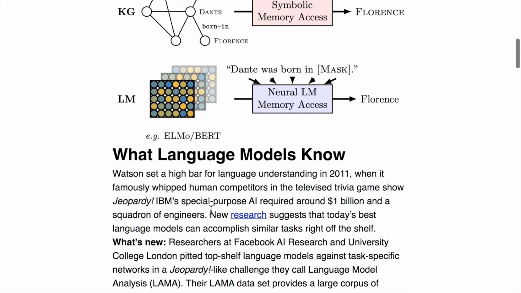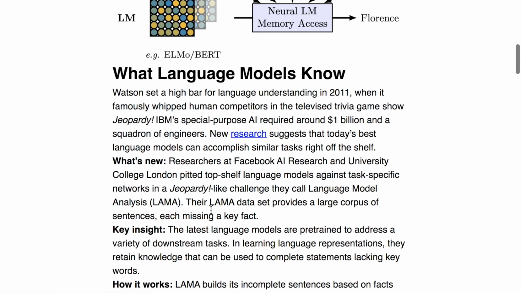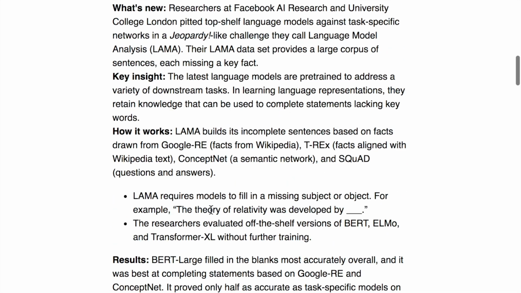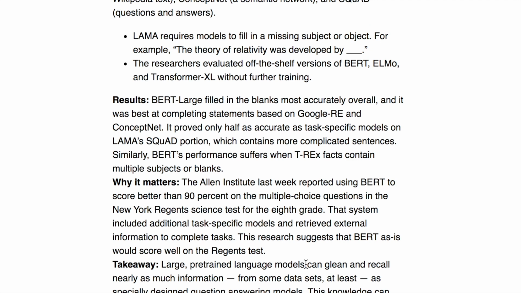So following this is a discussion on what language models know, and a reaction to the Allen Institute's success with the BERT model on the 8th grade science test. So basically the language model analysis task is about seeing if off-the-shelf language models can perform task-specific tasks and outperform models that are fine-tuned on these tasks, like filling in the blanks or the SQuAD question answering data set. So they do find that the large pre-trained models can almost just already perform most of these tasks